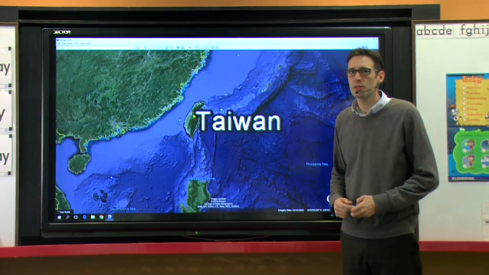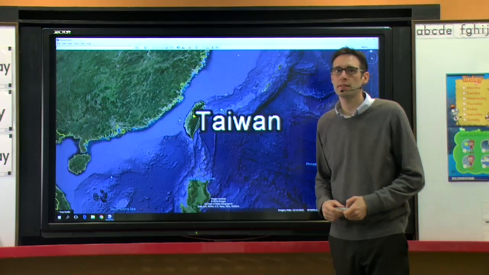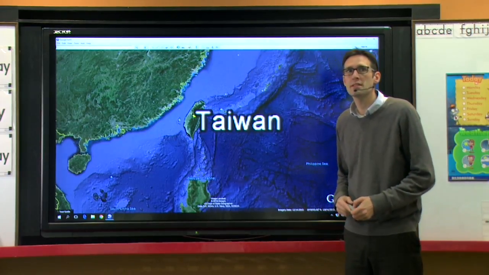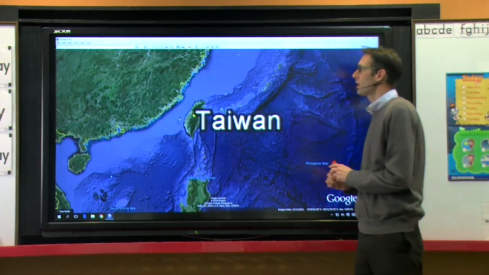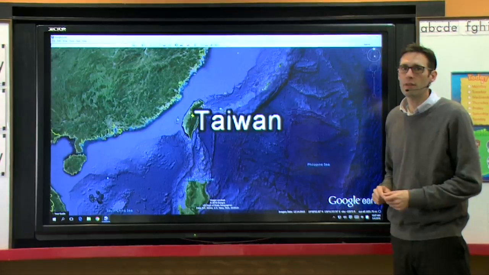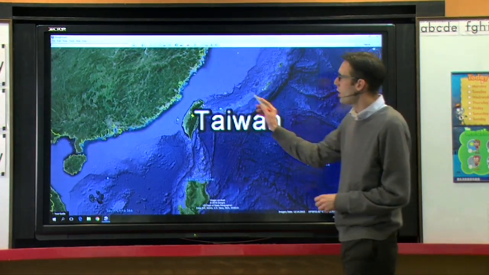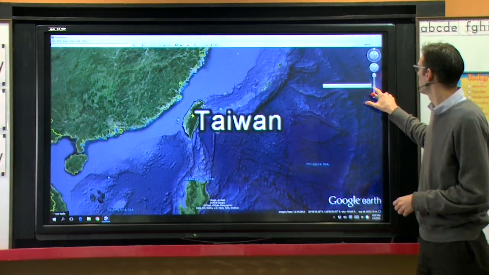Here in the United Nations headquarters classroom, you will notice a large world map painted on the ceiling. It shows all of the continents and the oceans that cover planet Earth. Using Google Earth, we are going to do a tour of the continents and the oceans. Starting in Taiwan, we're going to zoom out